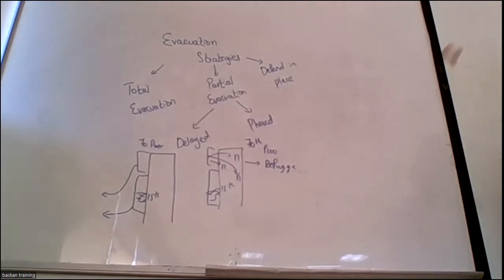The first thing we usually discuss is life safety. The property is not important. Let it be burned, damaged, or whatever. Any threat is there, you have to evacuate people first. Eventually it came out on the call itself that it was a wrong call. The people have to be evacuated first, whatever the threat. So defend in place strategy is good in some areas, but it could turn worse in some other areas also.